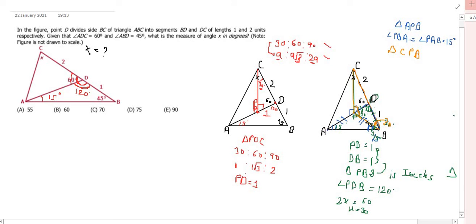So this entire angle CPB, I'm going to write it here, is 120 degrees. Right? So if this angle is 30 degrees, this angle is 120 degrees. How about the remaining angle? So 180 minus 120 minus 30 is going to be 30 degrees. So this remaining angle is going to be 30 degrees. So you see this angle is 30 degrees and this angle is 30 degrees in this particular triangle. So opposite angles are equal, so opposite sides are equal. That means this side is also equal to this side. So all these three sides are equal.